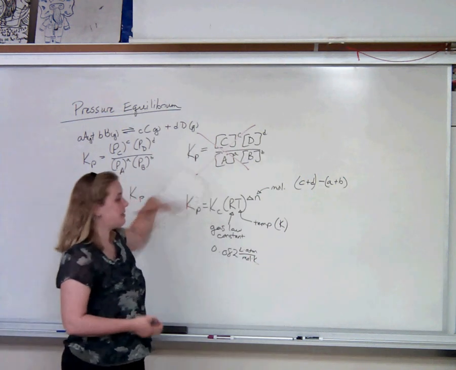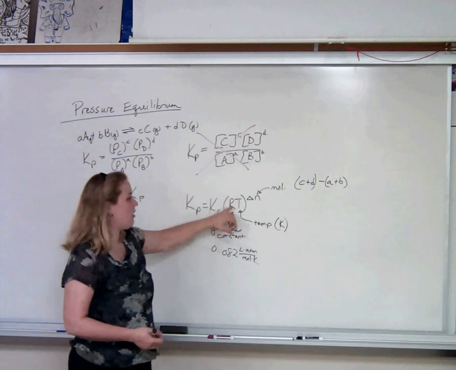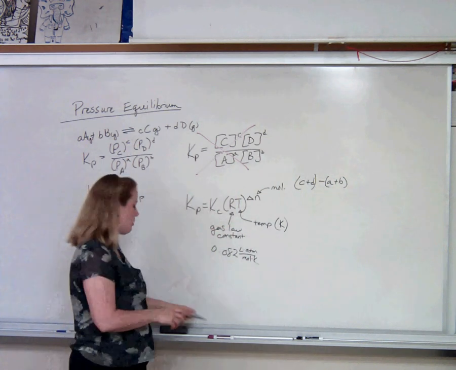Just a funny little thing to help you remember this formula. Some people say this is called the curtain formula. KRTN, curtain. So Kp equals